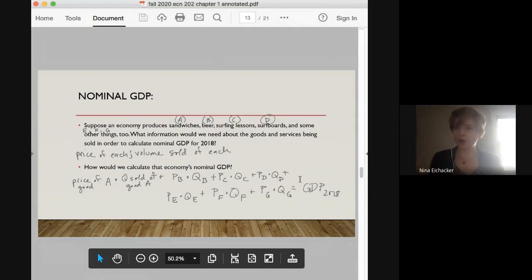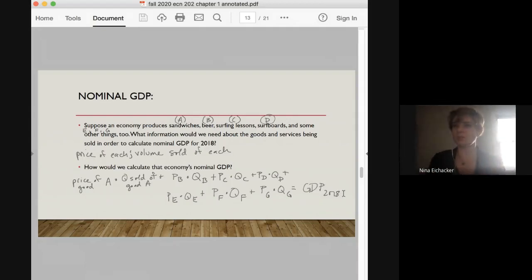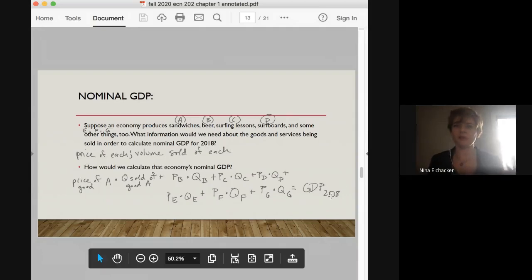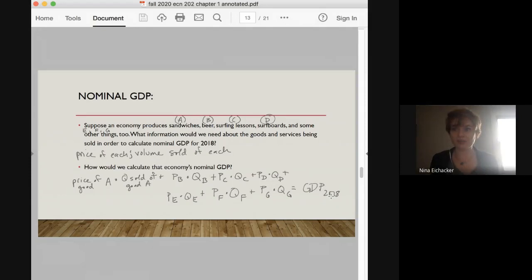And if we add up all of these values, that would give us GDP for our tiny, extremely rarefied economy in the year 2018. If you were going to calculate the size of GDP for a large economy like the US, you can imagine how complicated it must be. You would need to get the prices of every good and service for sale, and you would need to tabulate how much stuff was actually purchased, how many bunches of grapes, how many liters of coffee,